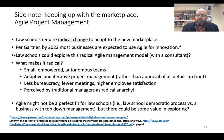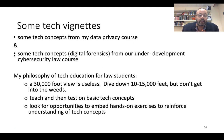Agile, now it might not be a perfect fit for law schools because typically law schools operate with a democratic governance, faculty taking a vote on major decisions, and a business has more of a top-down management. But I think there could be some value in exploring this management model to see if it could help law schools in some way. Okay, let's talk about some tech vignettes, some tech concepts from my data privacy course, and